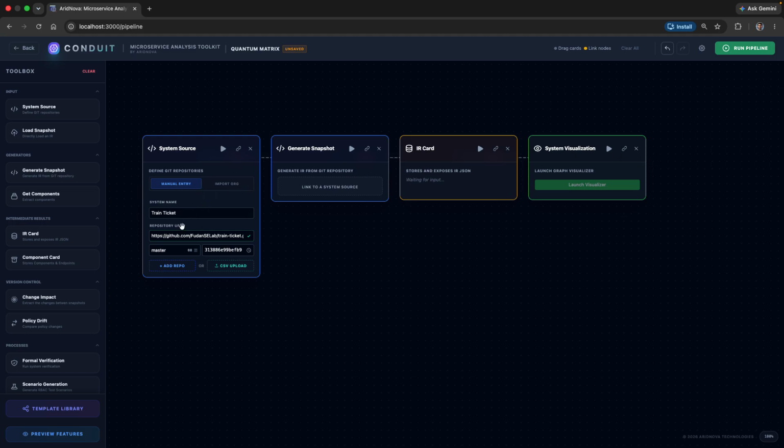Right now, we have the train ticket set up, and this does a very simple software architecture reconstruction, and then we will do a visualization. Now, if you run this pipeline,